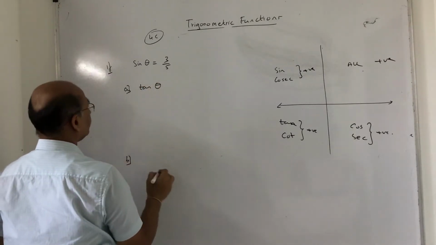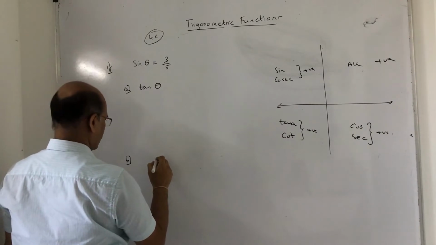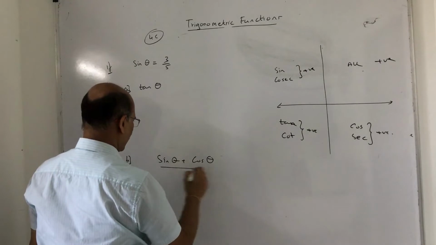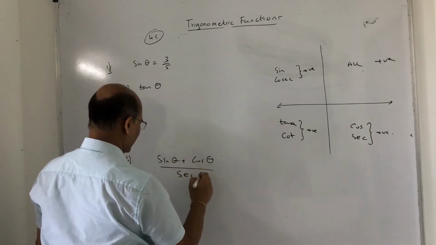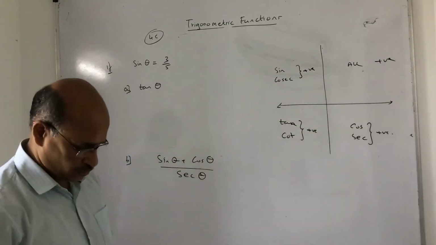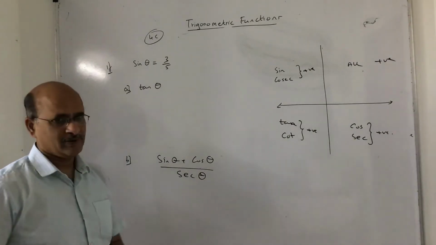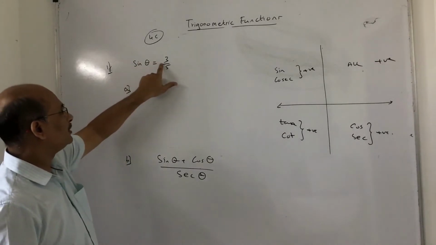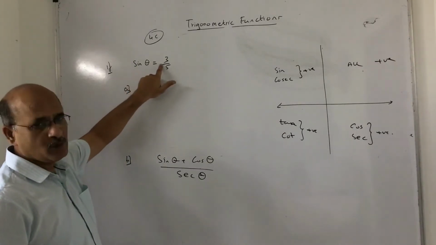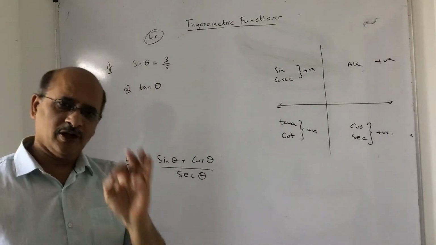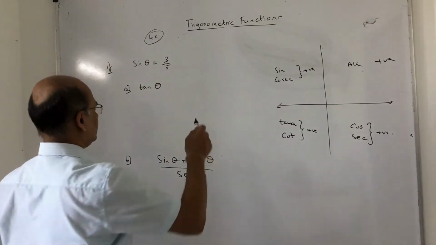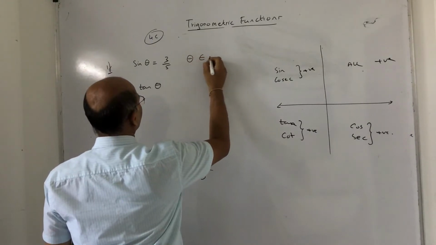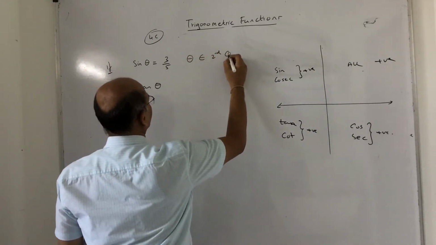second, find sin theta plus cos theta upon sec theta. Simple working. There is nothing to play hide and seek with this concept. Simple concept. I am talking about the sign. Now, if you look, sin theta is a positive value. When I say sin theta is a positive value, it has to be in the first or second quadrant. So I just make your work a little bit easier. Theta belongs to the second quadrant. Okay?